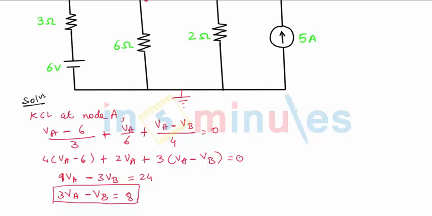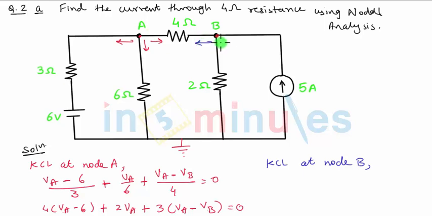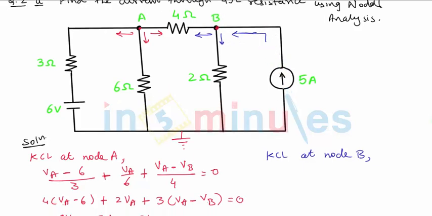Similarly, let us now apply KCL at node B in this case. So like we did in case of node A, we will consider 3 outgoing currents. But now if you observe carefully, in this third branch, there is already a current source present. Now whenever that is the case, I will not disturb the current direction. We will take incoming current entering at node B. So what will be my KCL equation? The first current flowing towards left is going to be equal to VB minus VA upon 4, plus the current in the downward direction will be VB by 2. That's my resistive branch without any sources.